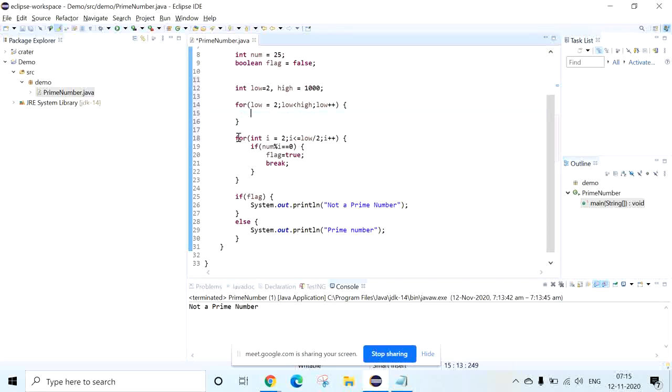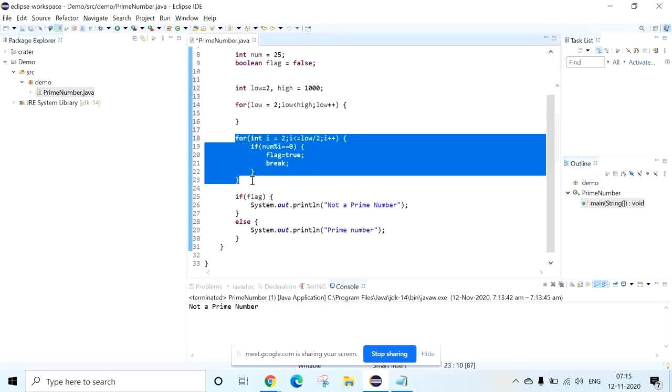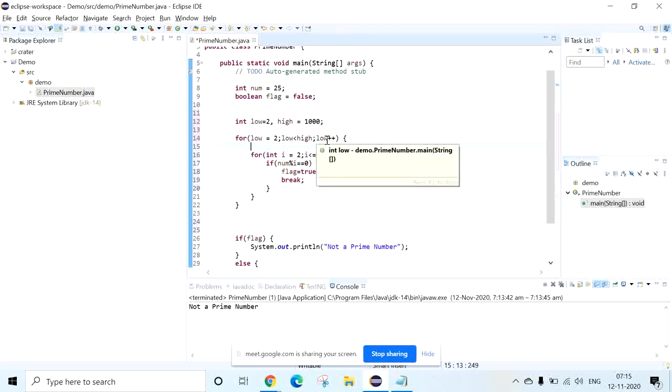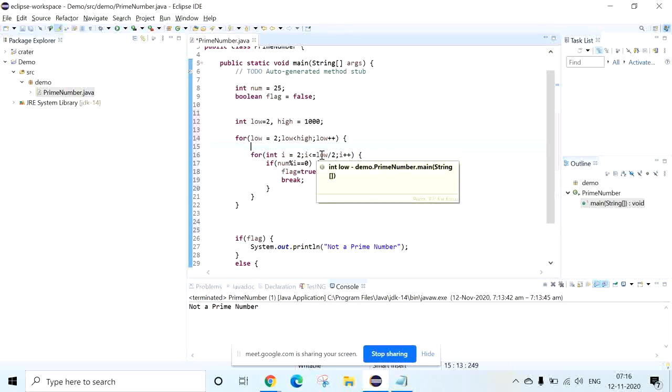So now inside this one you can put it inside. So now what will happen? Now the 2 comes here. Now the low will come inside, then first it will come to 2, then it will come to 3, then it will come to 4, then it will come to 5.